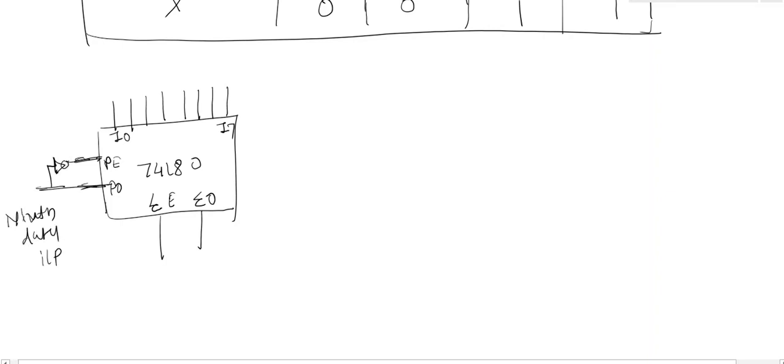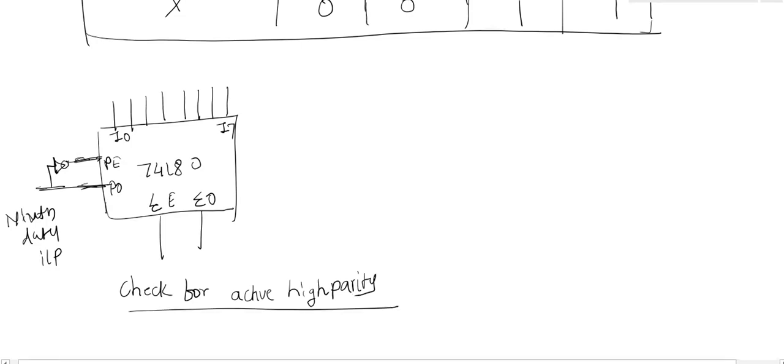This is for the check for active high parity. When the 74180 wants to check the active high parity bit, at that time the parity even bit is negated. Similarly for the active low parity bit,